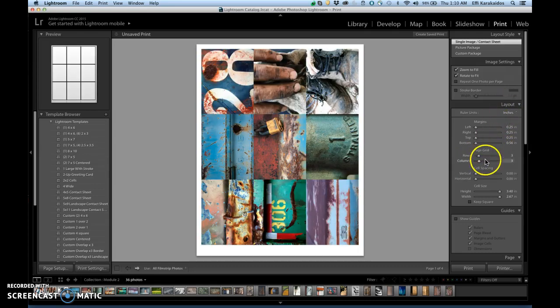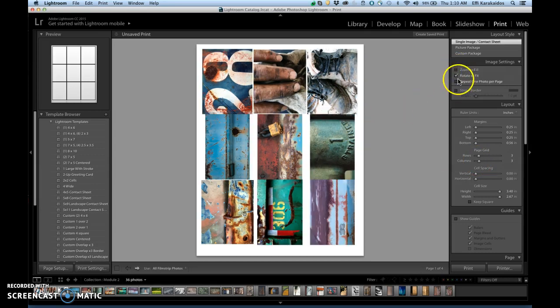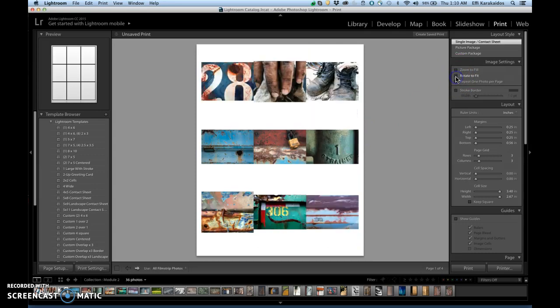So down here in Layout, Page Grid, I'm choosing 3 rows, 3 columns. All of the images are sideways and touching here. I'm just going to uncheck Zoom to Fill and uncheck Rotate to Fit. Okay. It actually made a bit better use of the page the other way when they were rotated, but the photos